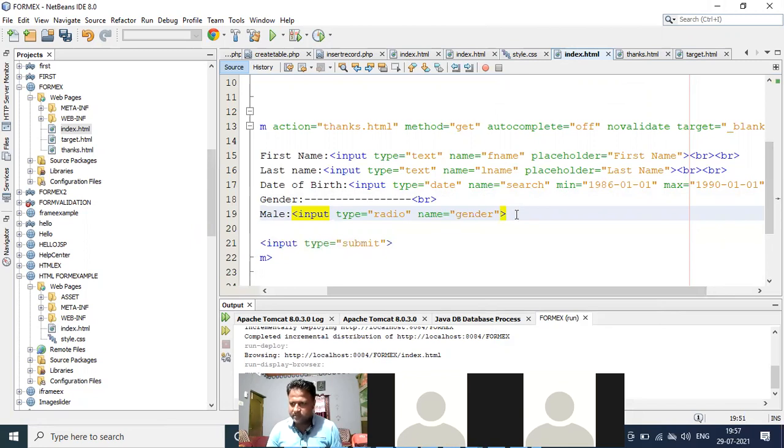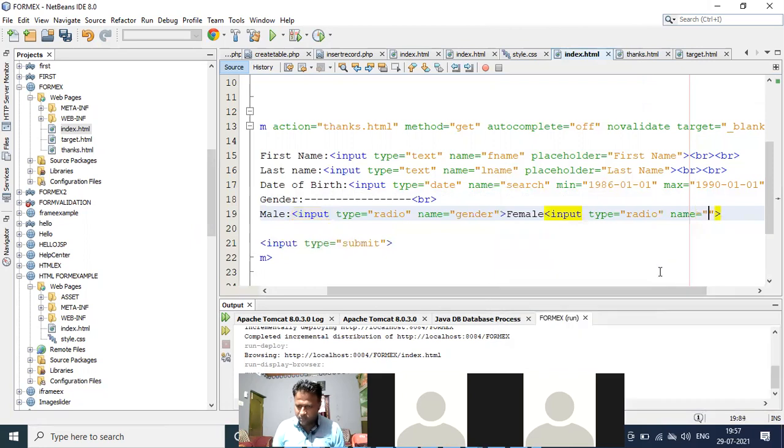again I pass female. Input type is equals to radio.